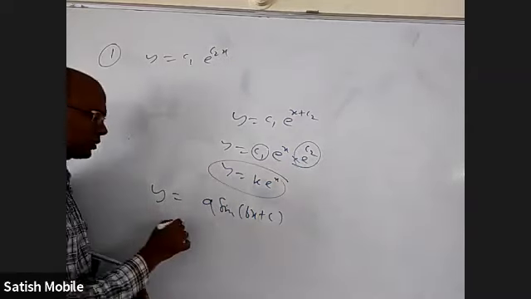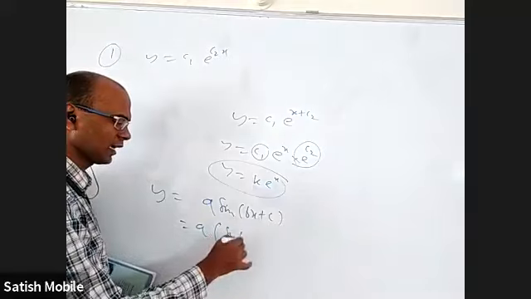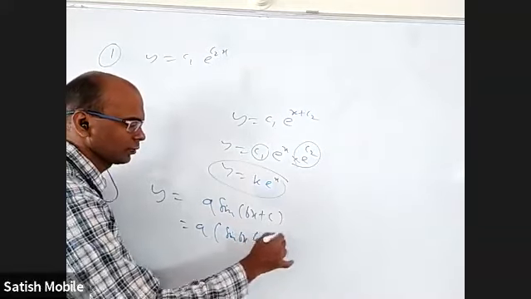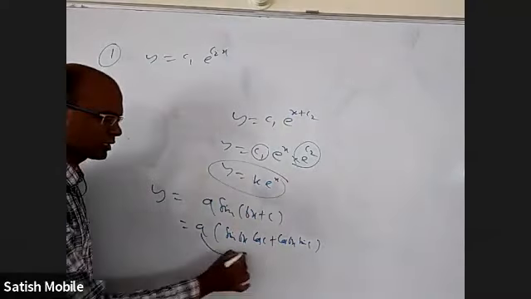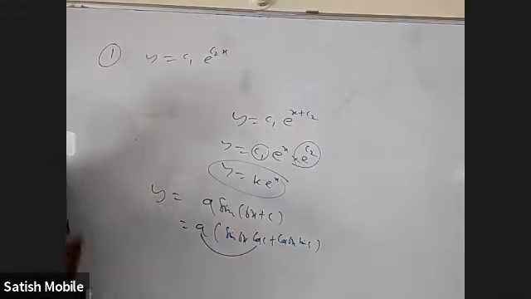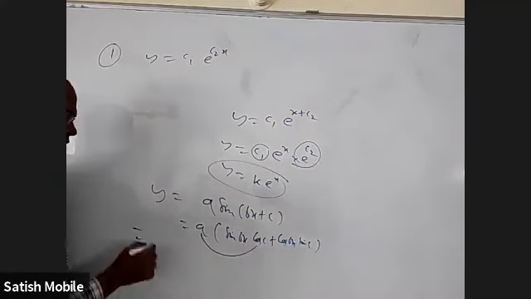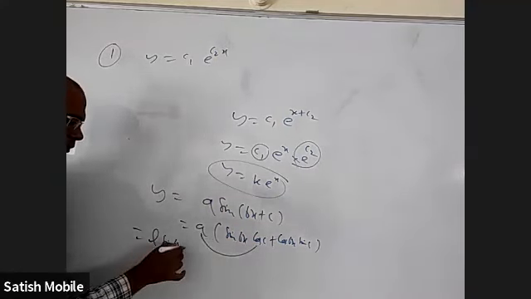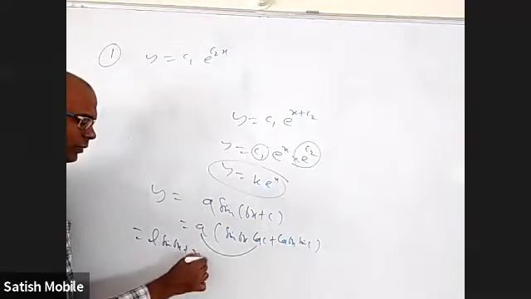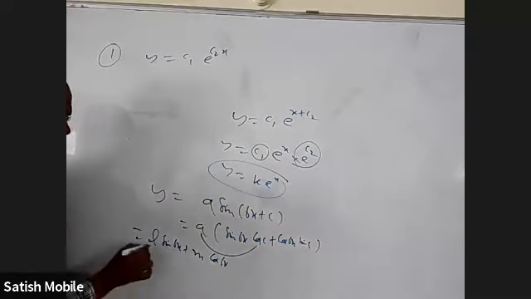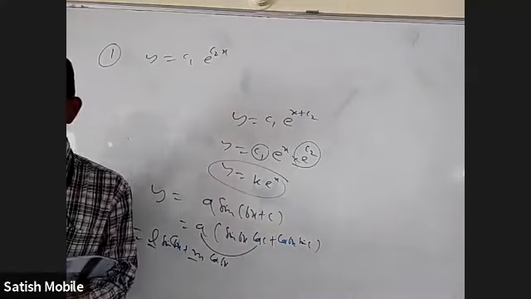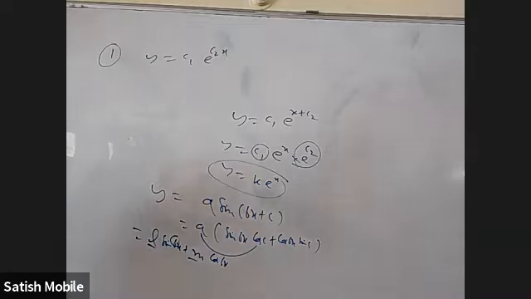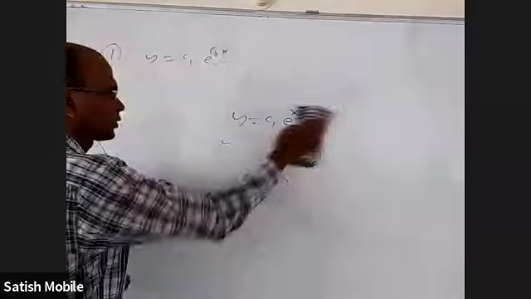If I expand this, I'll get sine bx cos c plus cos bx sine c. I may take a cos c as one constant, a sine c as another constant. I think still three constants are there. We cannot reduce anything further, because a cos c, if you call it L into sine bx, and a sine c, call it m into cos bx, still you have three variables L, m, and b. So it is effectively three constants. If you form a differential equation, definitely you'll get third order, no doubt about it.